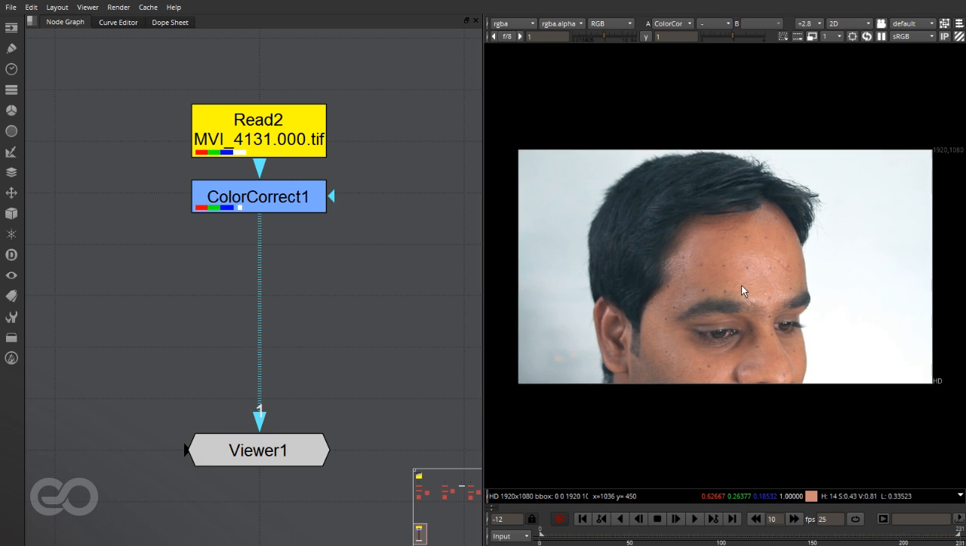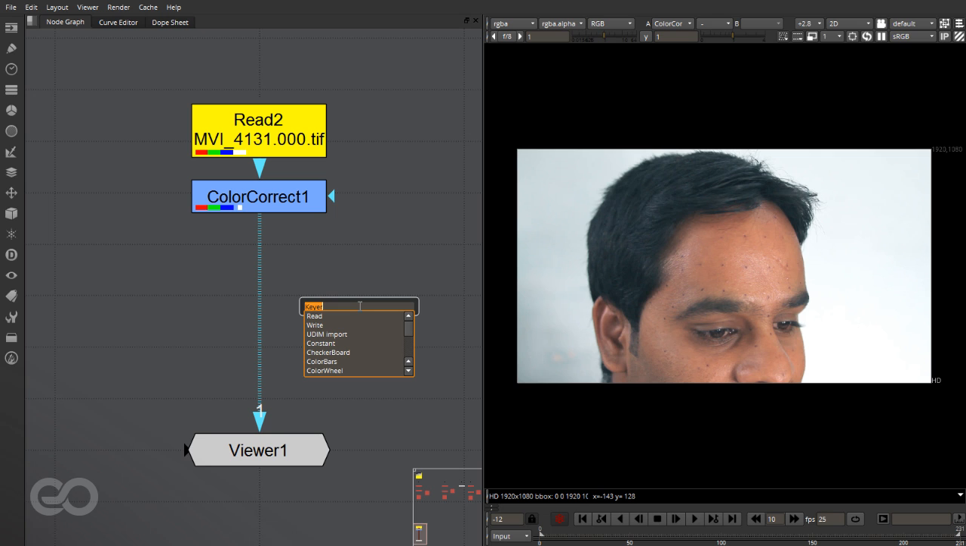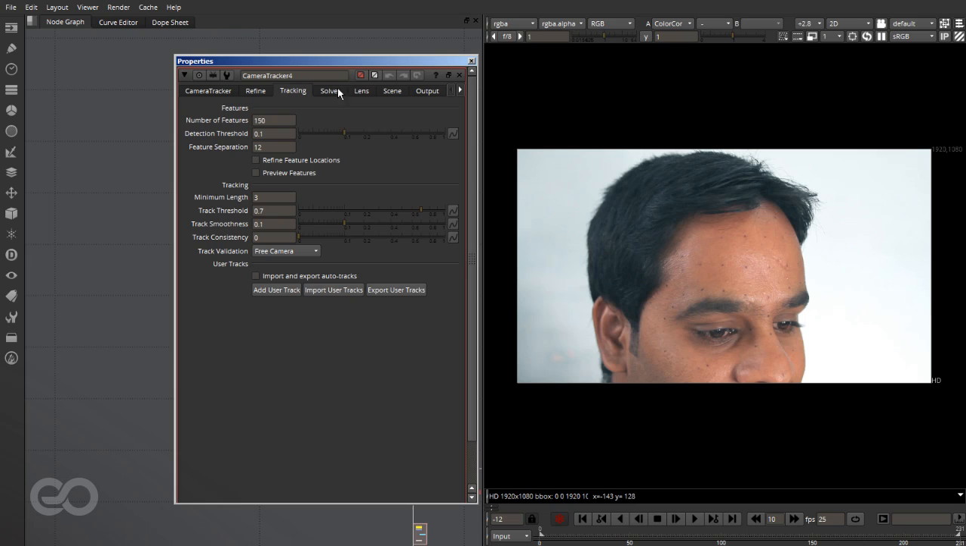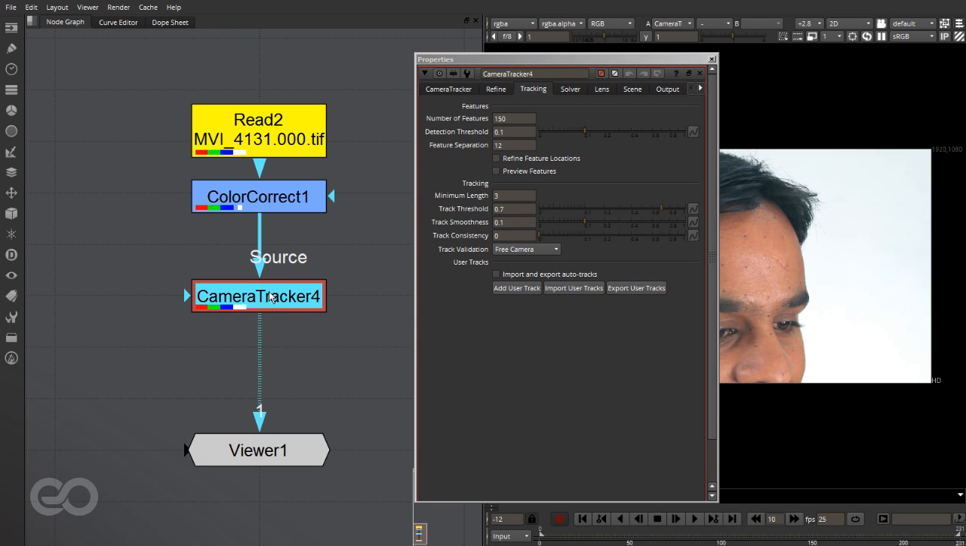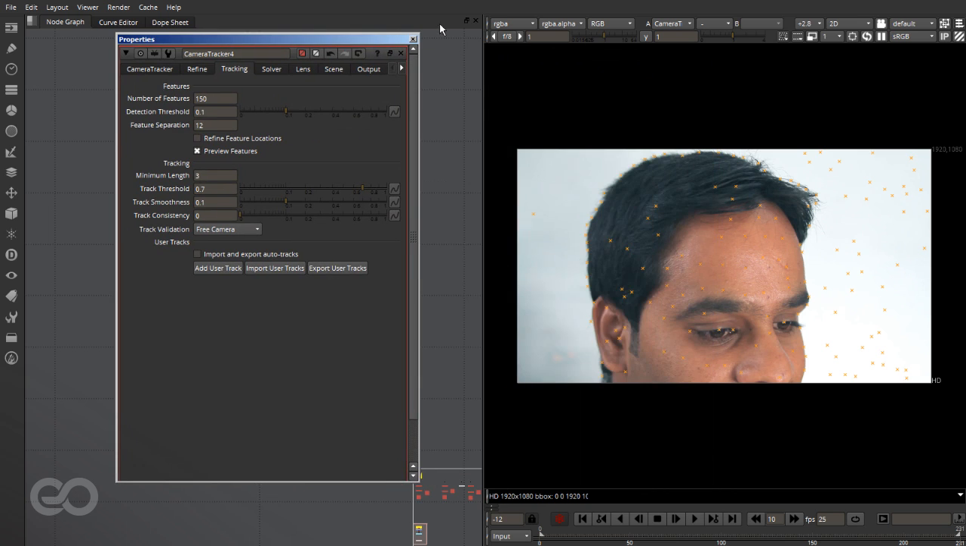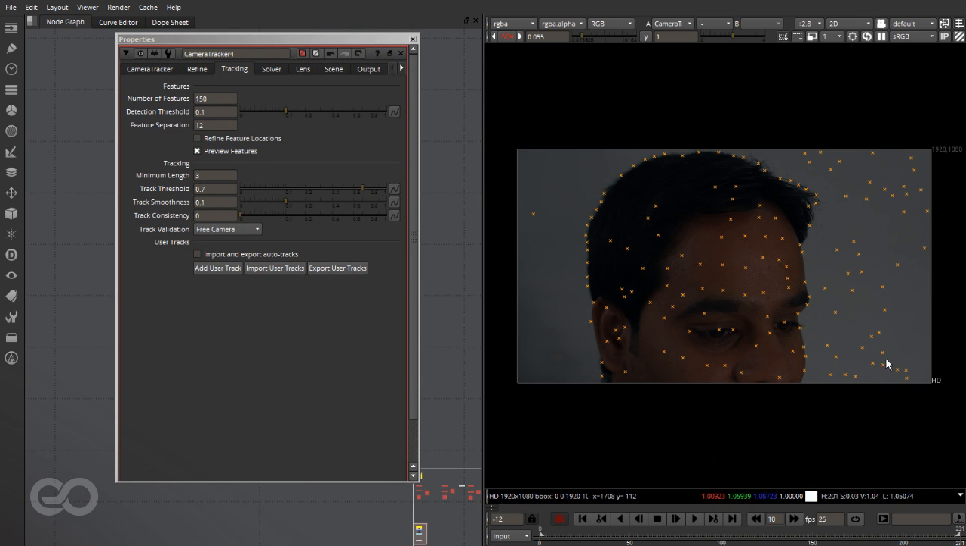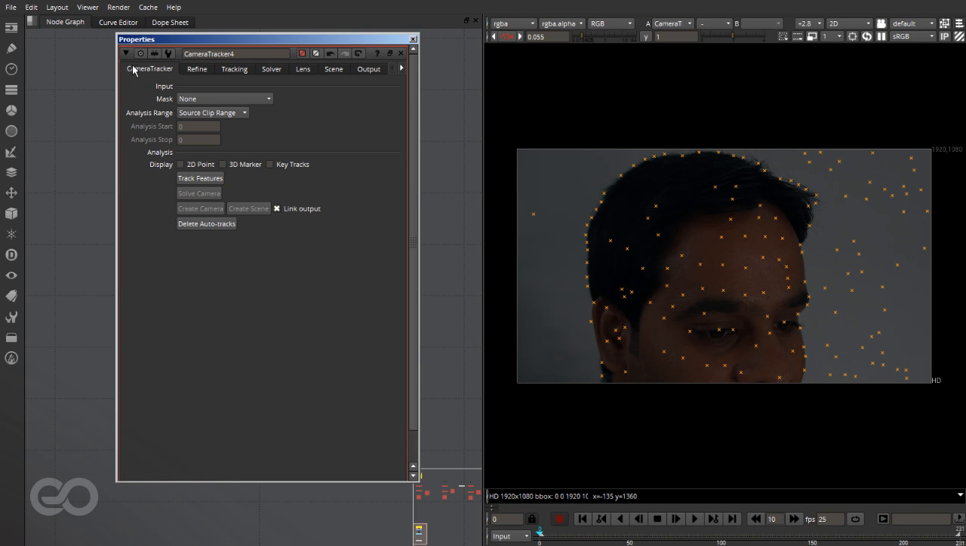Coming back to this, this time I want to go ahead and track his face, but I don't really want to be tracking the background at all. So let me show you what I mean by that. I'll go ahead and take in a camera tracker. With the camera tracker connected, if I turn on my preview features, you should be able to see that the features are selected even in the background, and as you know, there is nothing in the background and it's not actually moving according to his face, so therefore it's going to give me a bad solve if I try to keep these background points. So what I actually want to do is use this mask feature in the camera tracker,